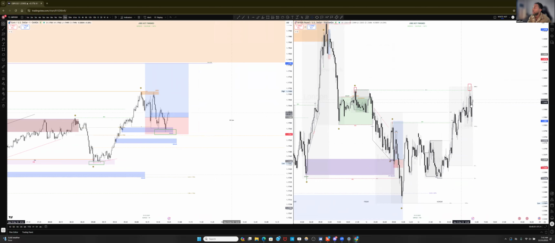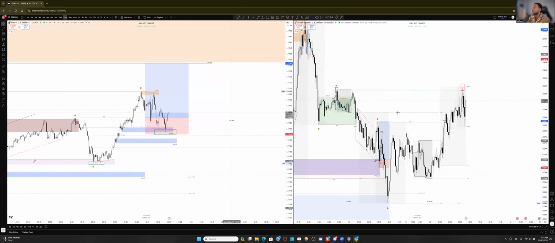The only thing that can invalidate it is if GU comes above this trend line, this line right here, and takes it out. Because GU just did this inducement here. Or these build-ups. GU had a level of build-up with a buyer inducement here.